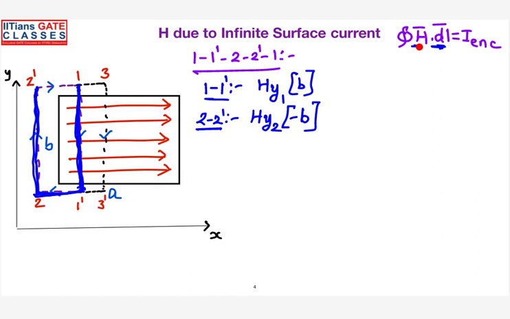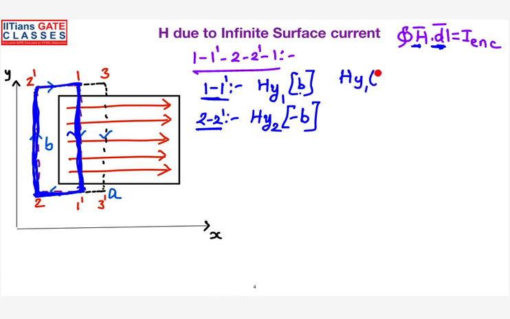Right? So that is the reason why I was not considering any current, that means there is no current enclosed when you are moving from 1 prime to 2. And again, from 2 to 2 prime, you are moving in the opposite direction of 1 to 1 prime. So when you are moving from 1 to 1 prime, you have considered something as B, so when you are going from 2 to 2 prime, it should be minus B. Understood? And again from 2 prime to 1 you can neglect, because this is the z direction, nothing will be there. So what is the final magnetic field you are going to get now?